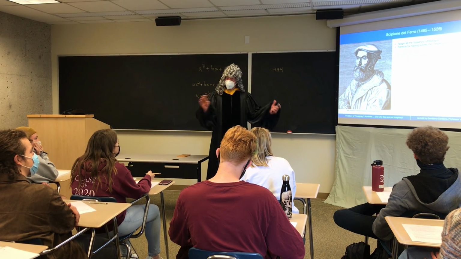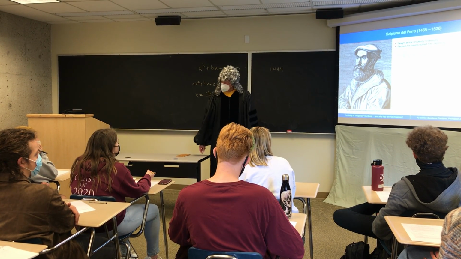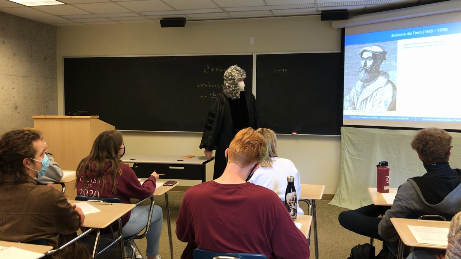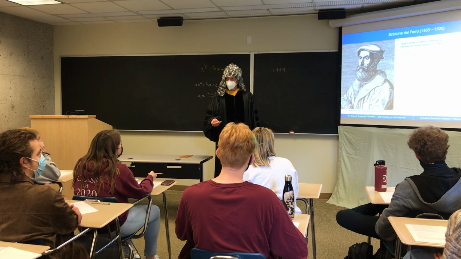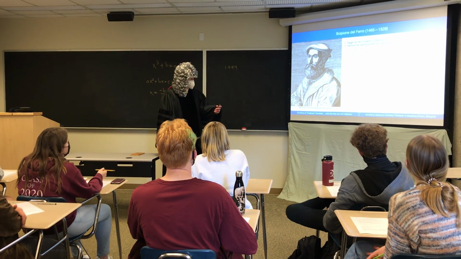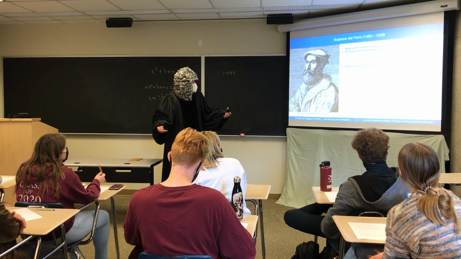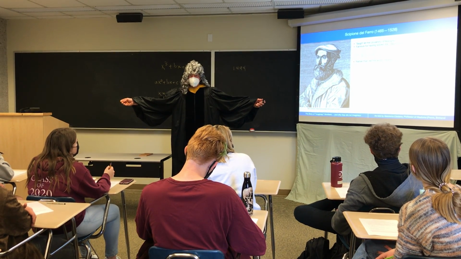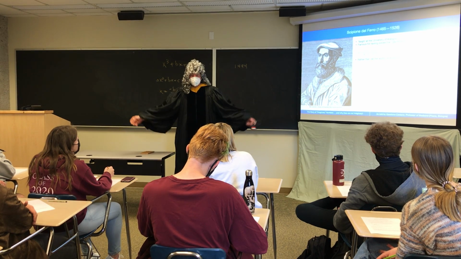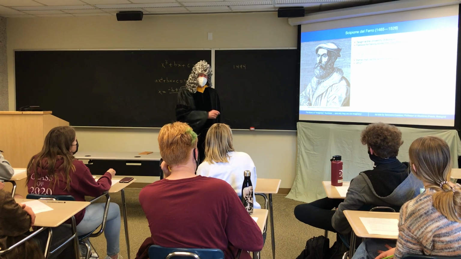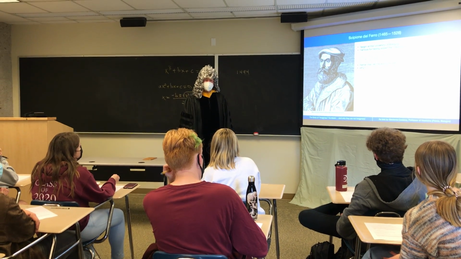The cube root of a bunch of stuff with a square root inside the cube root, and the two terms are very similar with a plus sign and a minus sign. There's the solution. Fantastic. Now you would think when he published this, he would tell the world. But he kept it a closely guarded secret. The question I want to ask you is why? Why did he keep this result a closely guarded secret?